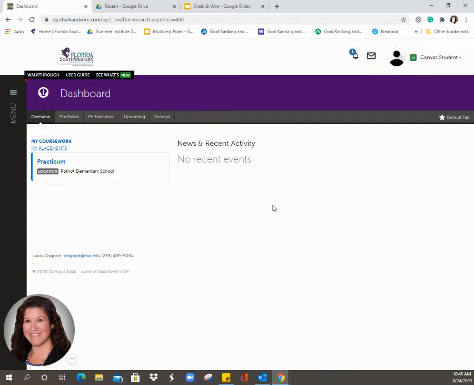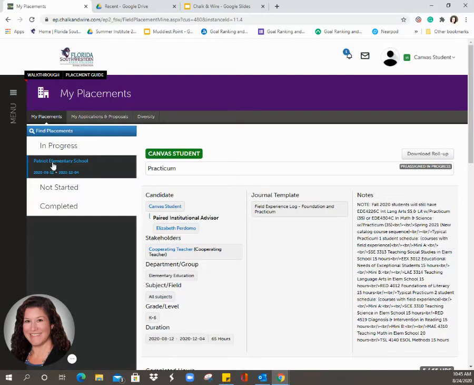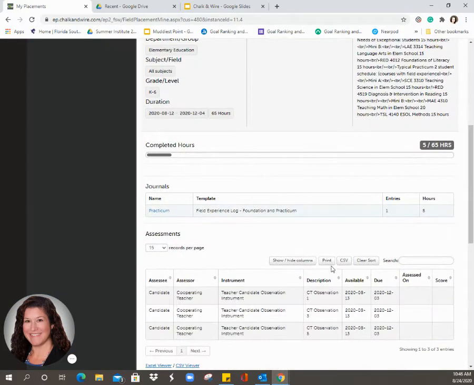The first page you will see when you log into Chalk and Wire is your dashboard. On this dashboard, if you have a placement, it will appear here under My Placements. To log your hours, simply click on the placement, and some information will pop up about the school you were placed at, as well as the name of your cooperating teacher and your institutional advisor, who is Elizabeth Perdomo for everyone. If you scroll down, you will see